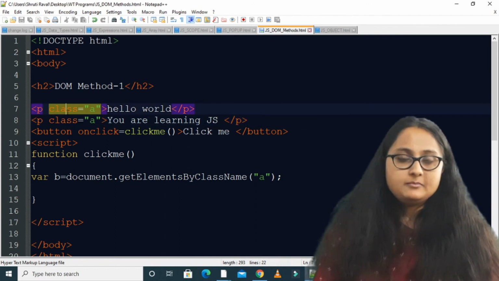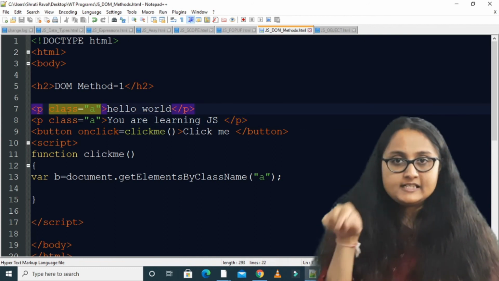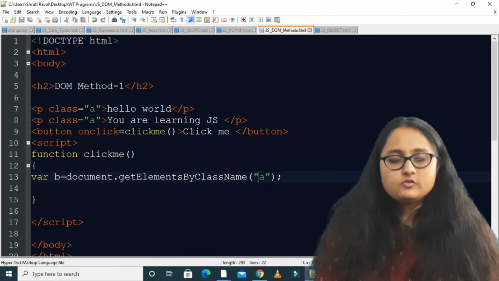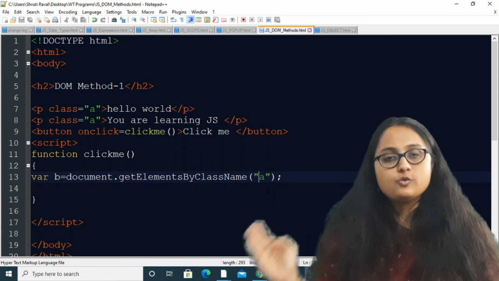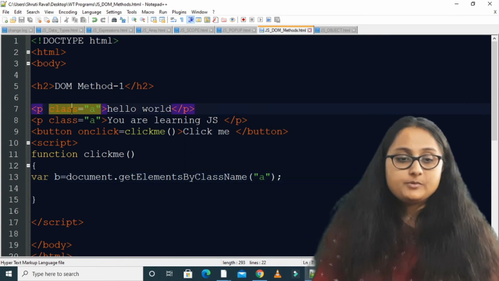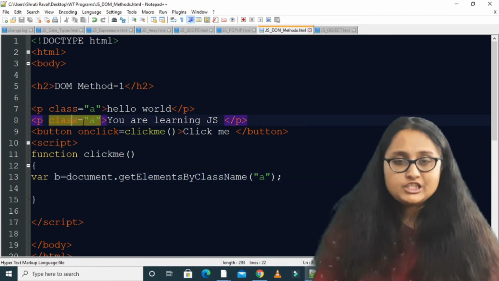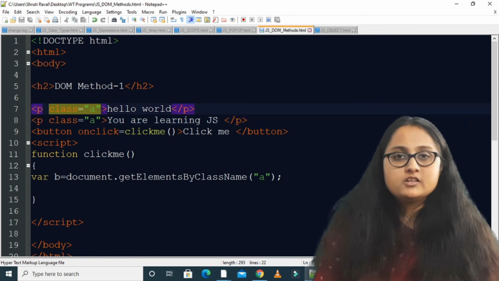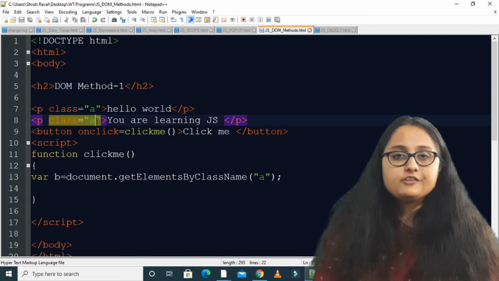The first element will be given index 0, the second element with the same class name will be given index 1, and so on. In our current example I have two HTML elements with class a, so the first paragraph will be given index 0, the second paragraph index 1.